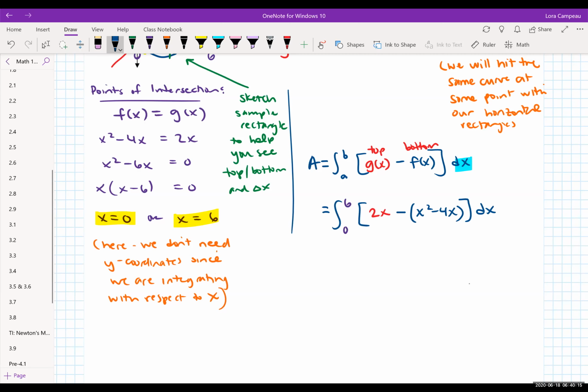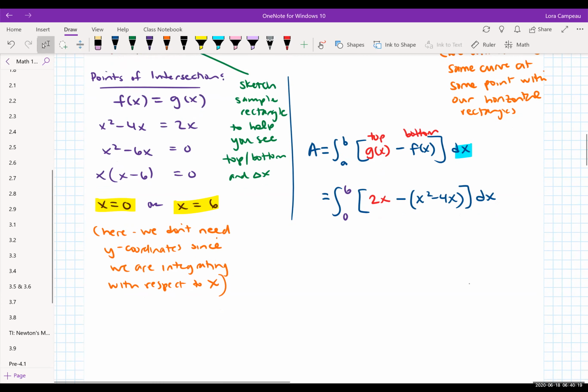So now we have our formula, our integral. And just for a little practice from the last sections, we might as well take the time. We're going to integrate from 0 to 6. It looks like we have a polynomial in the integrand. Maybe we can distribute. So we have 2x minus x squared plus 4x